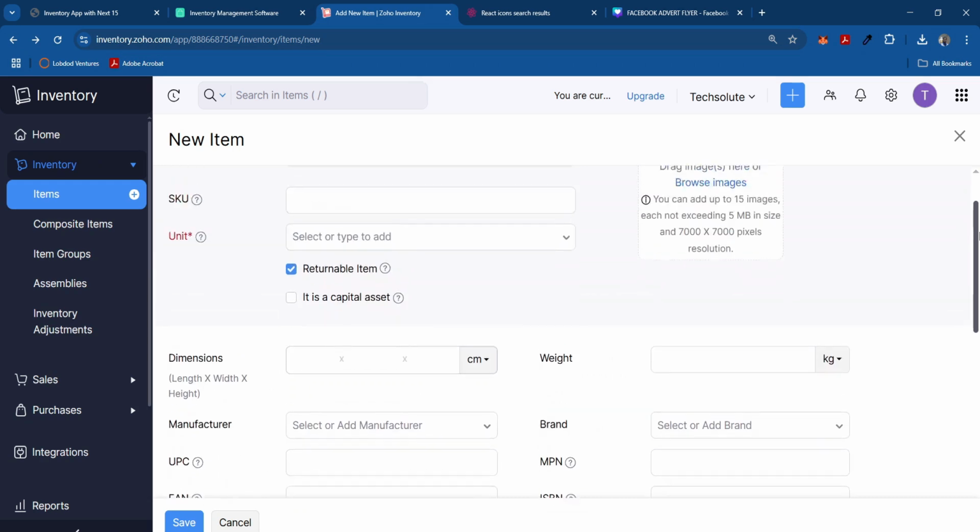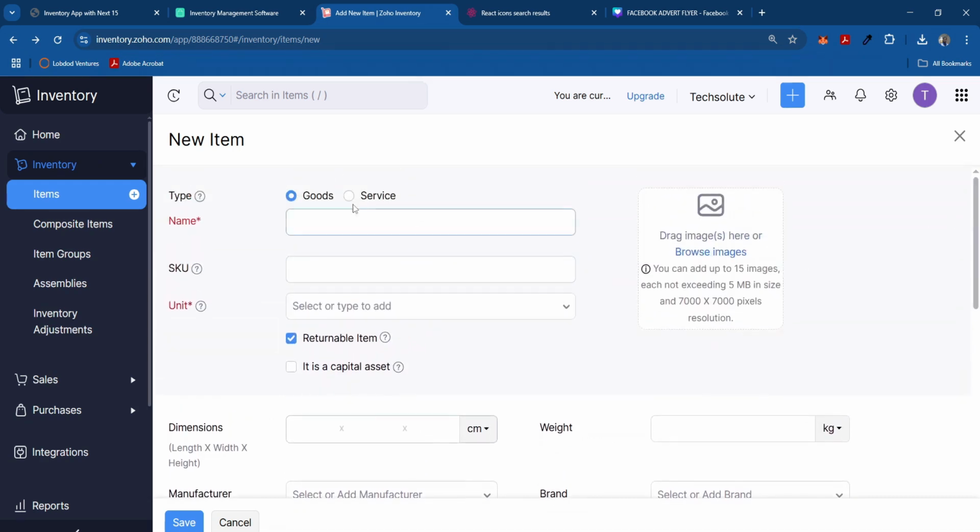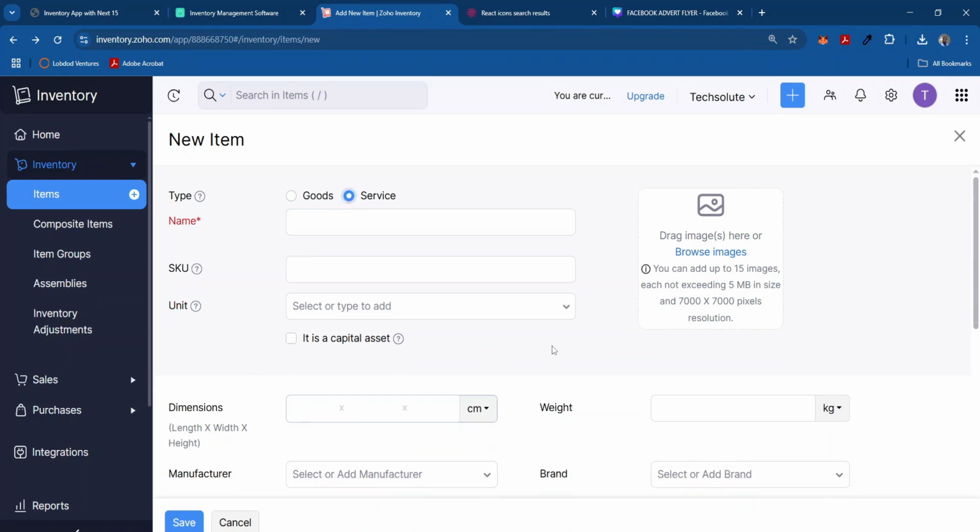And for us to be able to manage, because when you come to the form, the default one is goods. We can equally manage services through the inventory system. And for services, some of these fields become not